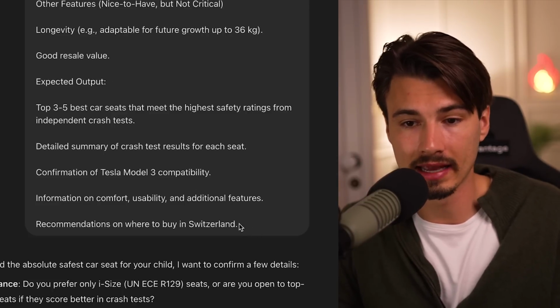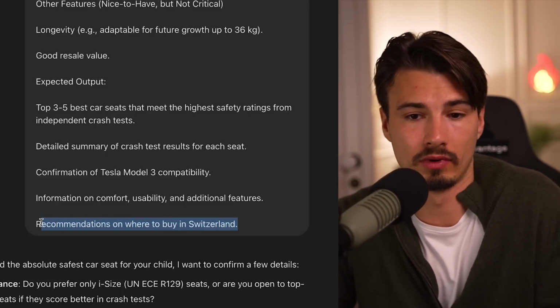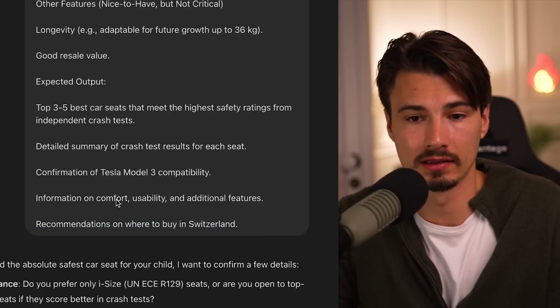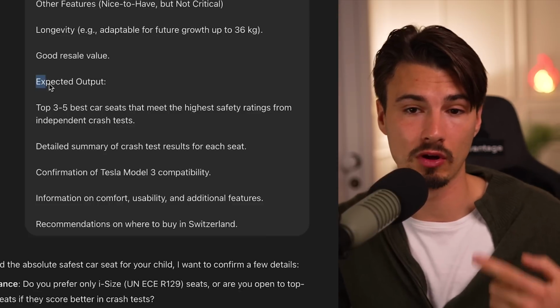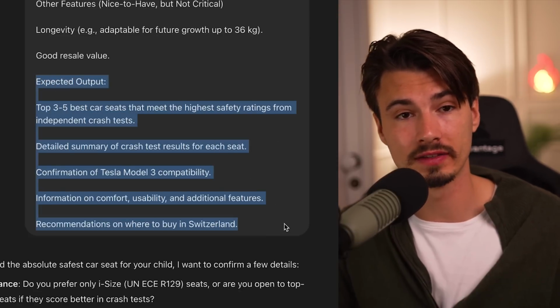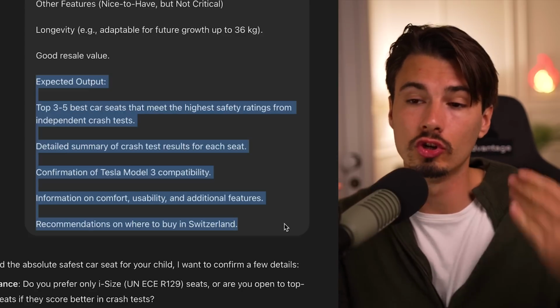In this case, it includes that, hey, I expect you to include recommendations on where I can buy this in Switzerland. And I expect it to be compatible with the Model 3 and more. So yeah, prompting this thing with a goal makes a lot of sense, just like prompting a thinking model with a goal makes a lot of sense versus being super concrete on the instructions that it should follow. But then also including a building block on expected output makes a ton of sense because then the AI researcher knows what you expect. Again, and these are just little prompt engineering tips and tricks that will make this tool